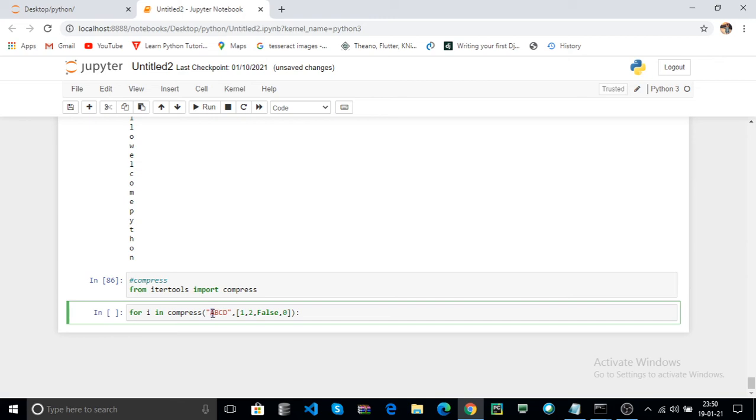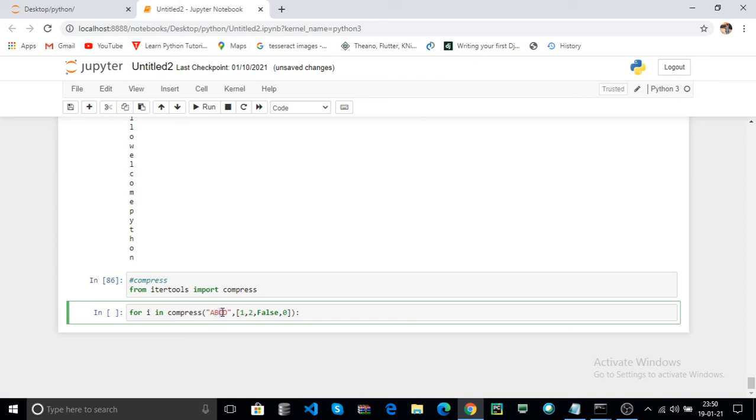Otherwise it is skipped. Here the first character is A, and the first selector is true, so it returns A. The second character is B, and the selector item is 2, which is true, so it is returned.